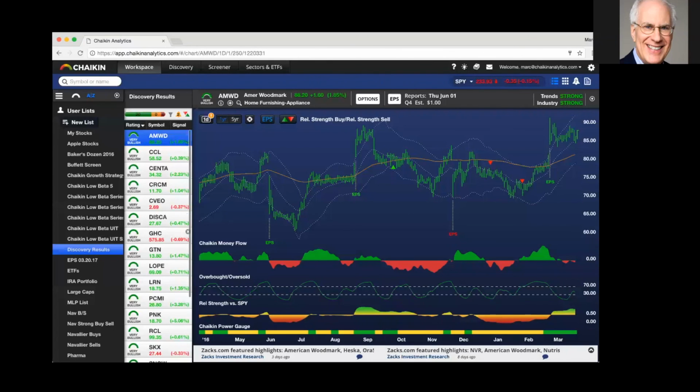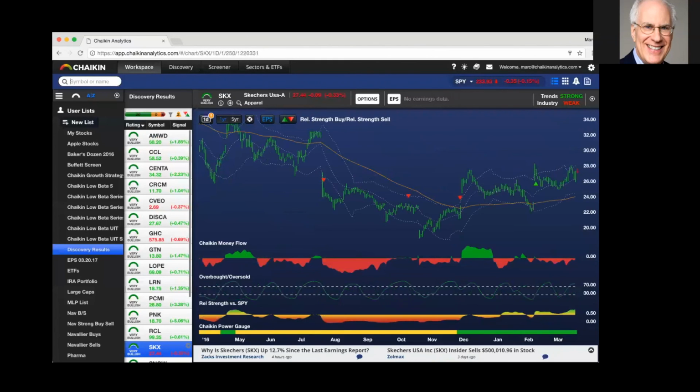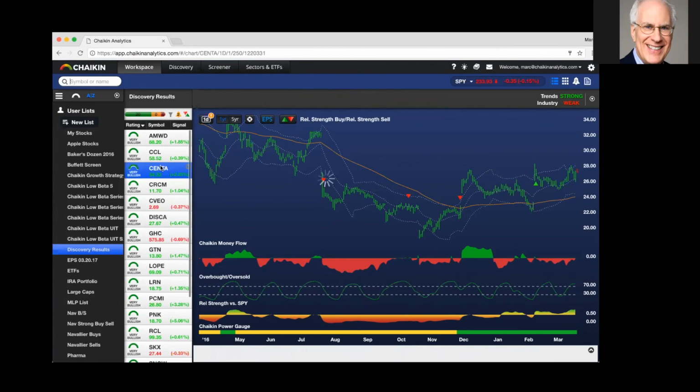on the workspace, the chart panel. So Skechers was the first stock, so I want to look at that first, and I see that, yes, the Power Gauge is bullish. It's been outperforming the market, but look at Chaikin Money Flow. Two examples of that bearish Chaikin Money Flow alert. So I'm going to pass on Skechers as a potential long candidate, and instead I'm going to look at Centene,